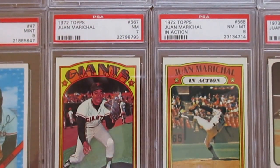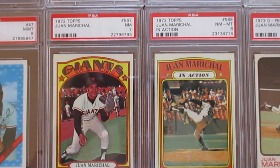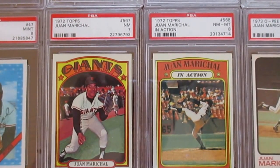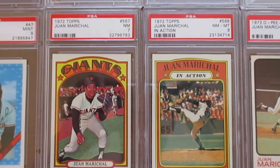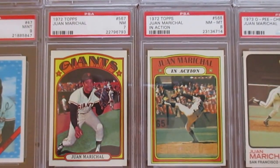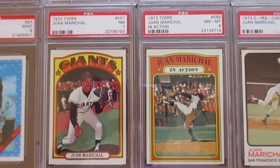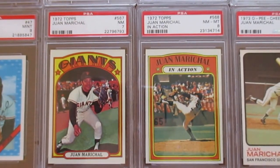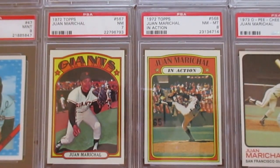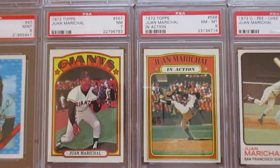This time I wanted to highlight my second favorite pitcher of all time, and that is the great Juan Marichal. He was a bright shining star that didn't have a very long career, but during the 60s he was one of the best pitchers in baseball, which is a lot considering the pitchers from that era, such as Sandy Koufax, Don Drysdale, Bob Gibson, Jim Bunning. A lot of fantastic power pitchers back in the day, and then Juan Marichal stacked up with the best of